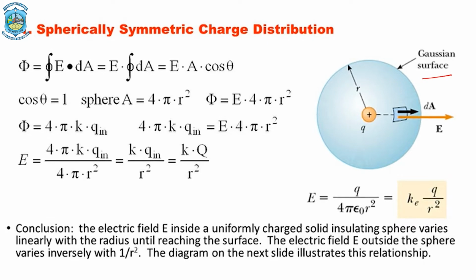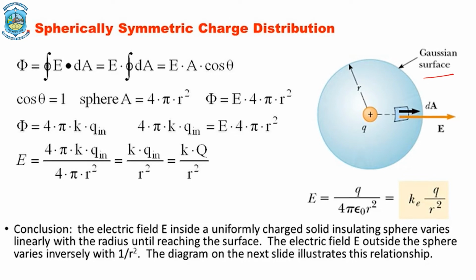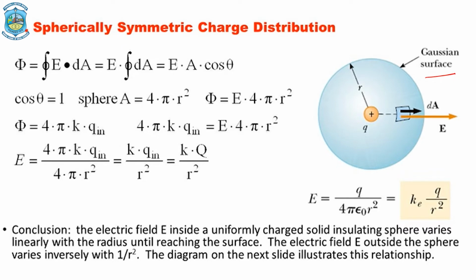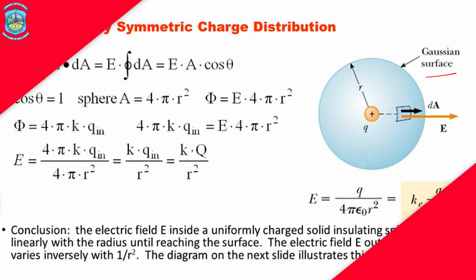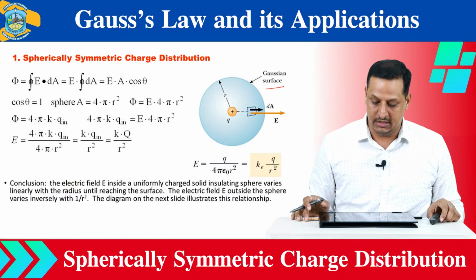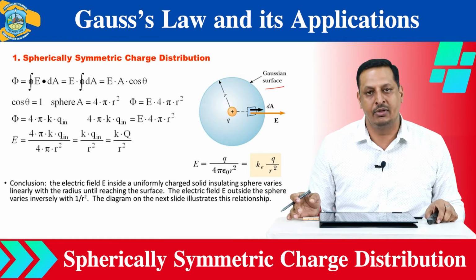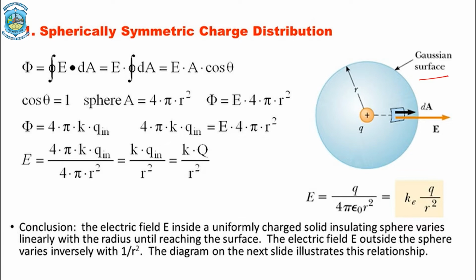by applying the mathematical equation of Gauss's law, which is that the surface integral of the electric field is equal to 1 upon epsilon naught times the charge enclosed, we can calculate the electric field. Here we are starting with a spherical charge distribution. We have taken a point sphere, a dimensionally very small charged sphere, and surrounding it we have a Gaussian surface, which you can see in the figure, that is bluish in color.